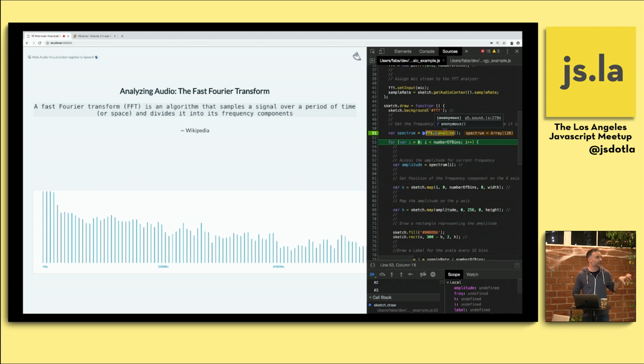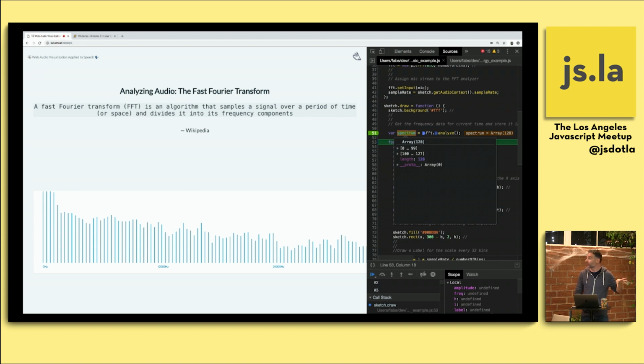Behind the scenes, it's actually calling the web audio API. There is this thing called the analyzer node that returns the frequency data in bytes. If we look at the data we get from this, we actually get an array of 128 values, which correspond to the number of bins that are passed to my FFT object. And if we look at the values, for example, here, we have some values that range from 0 up to